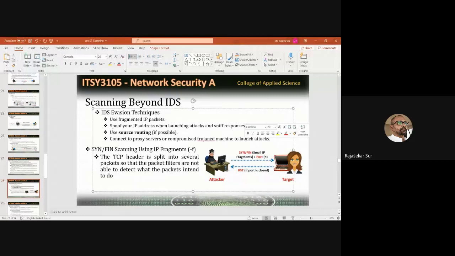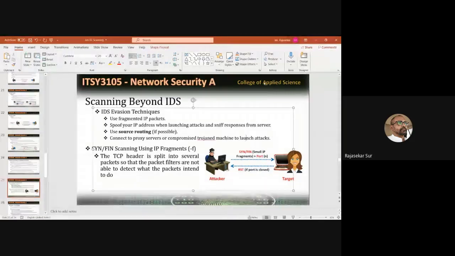So these are the different techniques the attacker can use to get past an IDS and then scan the network. So if I have an intrusion detection system, is my network safe? No. Attackers can bypass even the intrusion detection system.